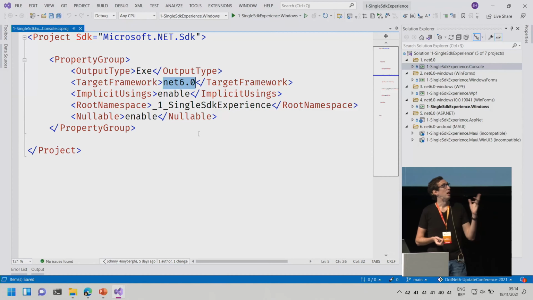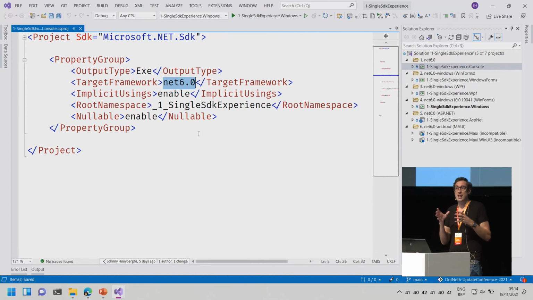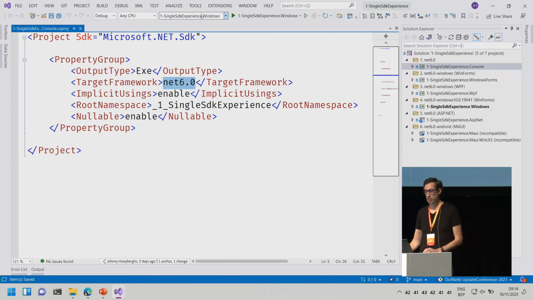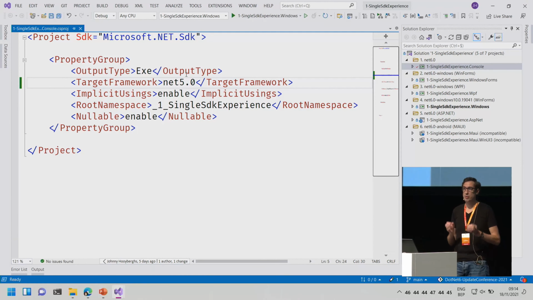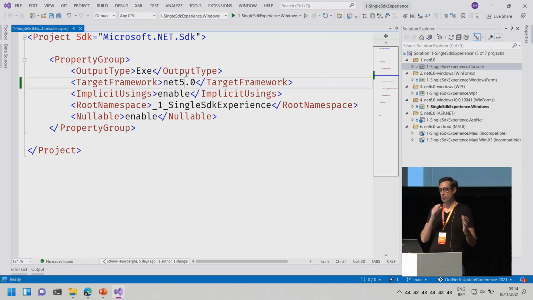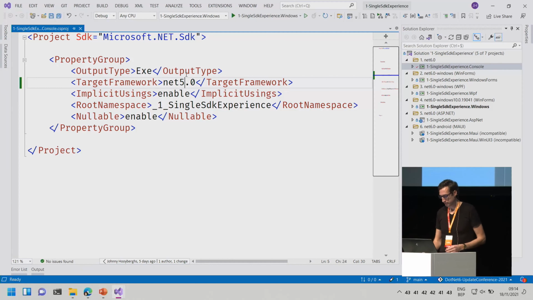It's just this moniker. So .NET 6 means you're using .NET 6. Do you want to downgrade your project to .NET 5? Well, just change the 6 to a 5, save your file, and my project is .NET 5. That's literally the only thing that you need to do to go from 5 to 6 or from 6 to 5. Very easy.